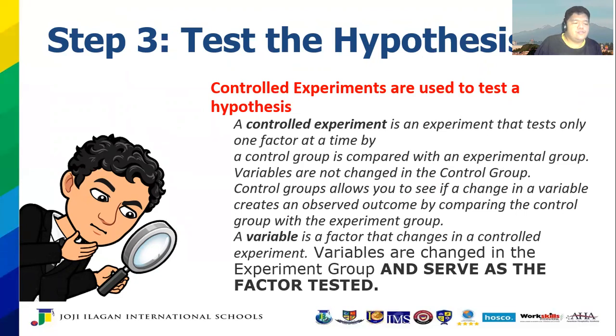You also have to factor in the conditions that you have to undertake, no, to prove your hypothesis if it's true. Well, so there, a variable is always that factor that changes in a controlled environment, and it serves as that factor. No,